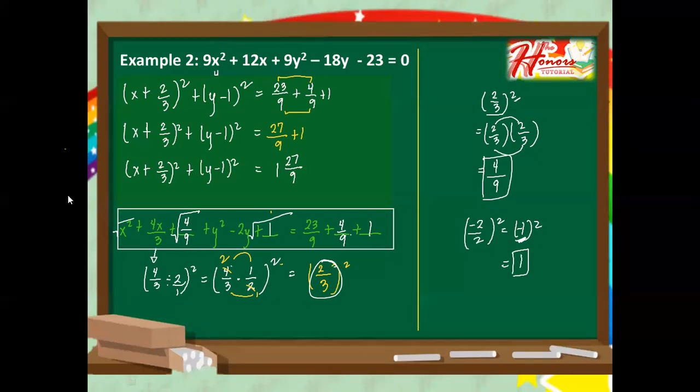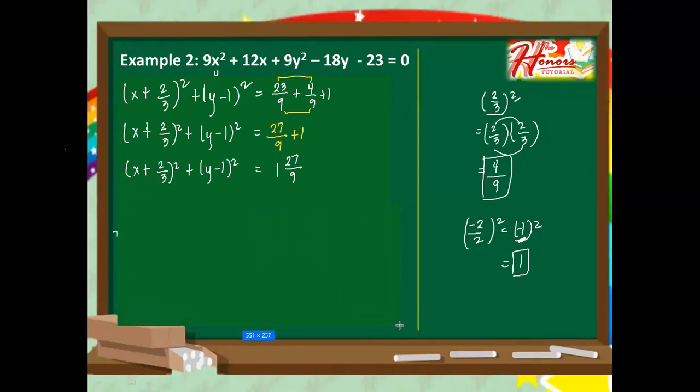It is because we have to simplify this. We can, yes. So let's copy again the left side of the equation. And that is the quantity of x plus 2 over 3 squared plus the quantity of y minus 1 squared